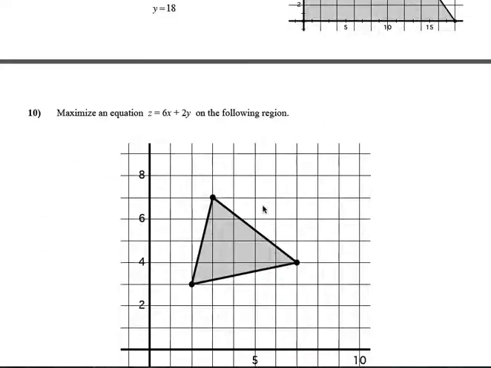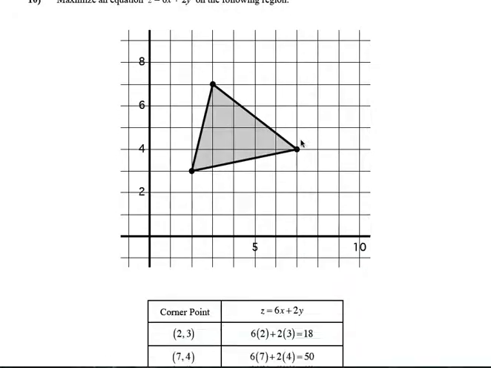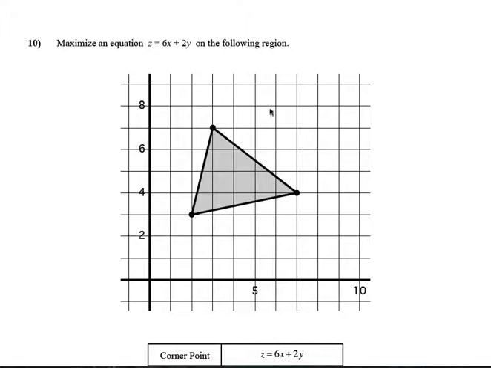And then the last question asks us to maximize some value given by this formula on this region here. Well, as I said in class, that value is going to attain a maximum at one of these corner points. There's no way we're going to have a maximum anywhere within the region. We have to go to a corner point to find the maximum. So what we do in this case is evaluate each corner point